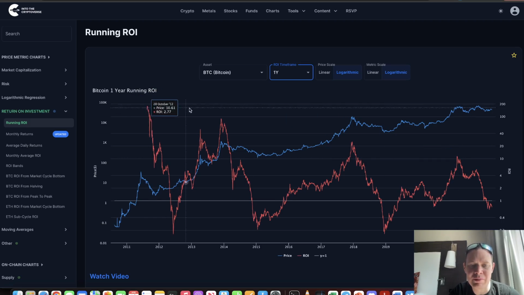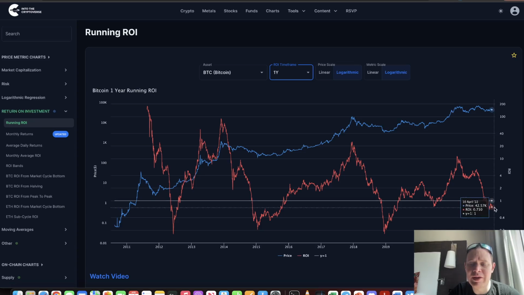If you can imagine drawing an imaginary line through this and seeing that, look, we were pretty overheated at the time. Another interesting thing is that the November move, despite the fact that we technically put in a higher high, the 1-year ROI was actually significantly down. Back in March we had about 10x in only 1 year, but in November we were only looking at about a 4 or 5x, so a big difference.